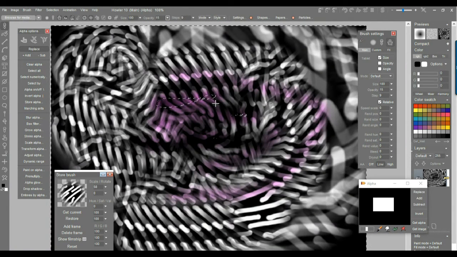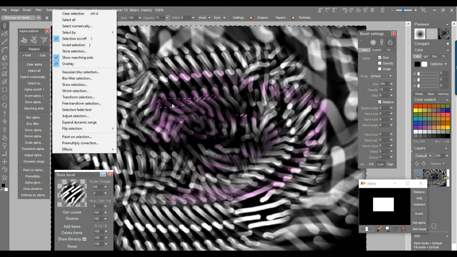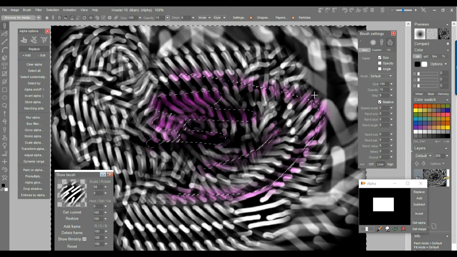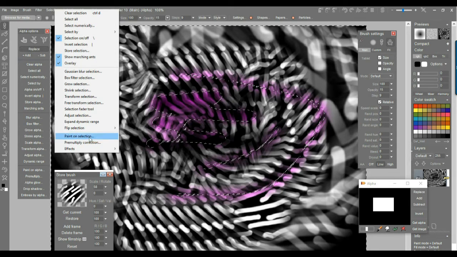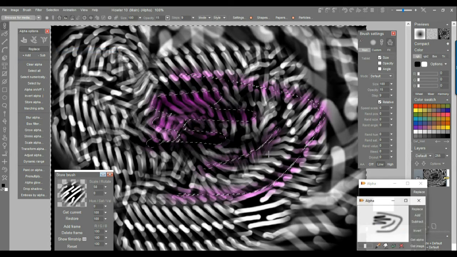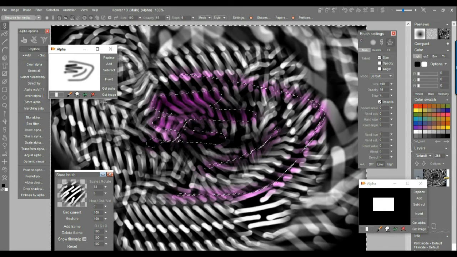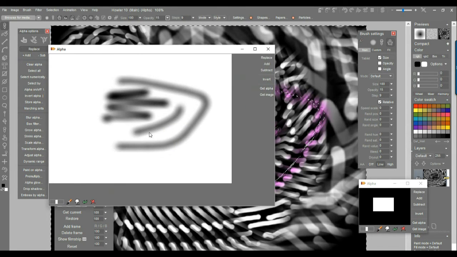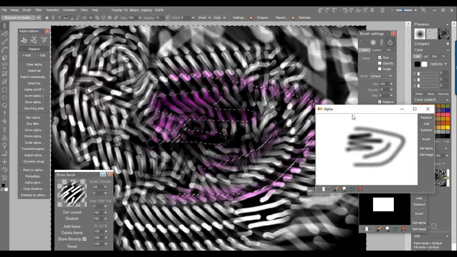And what you might want to do is actually pronounce it a little bit more, expand the dynamic range, so the darkest value on the selection becomes even darker, all the way to black, and that would be basically on the outside. So we can do expand dynamic range, so now you have a much more pronounced presence, and you can store that, and you can see here now that it's a little bit more intense, and you have some parts that are actually black in there. Alright, so that's the expand dynamic range, but sometimes that's still not enough,